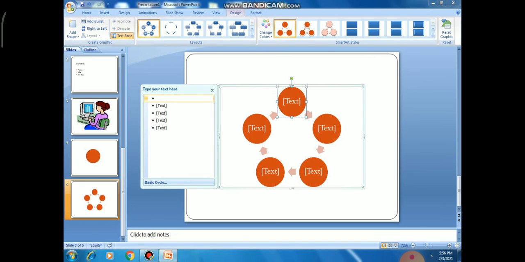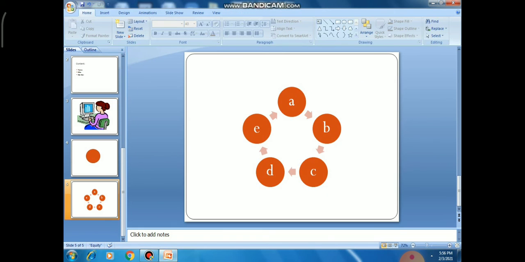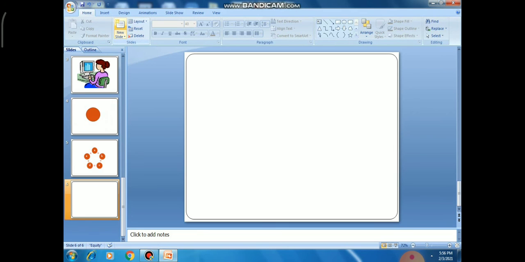In this cyclic smart art I am mentioning A, B, C, D in each oval mentioned in the smart art, just like this. So this is the way we mention a workflow with the help of smart art.